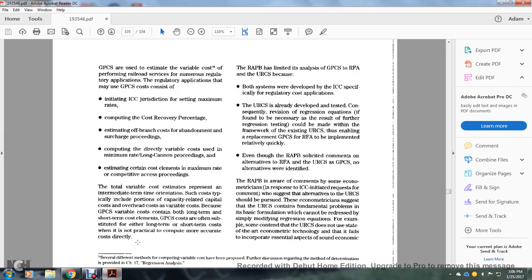The total variable cost represents an intermediate time orientation, including the proportion of the capacity-related capital cost and overhead cost. Because of the general purpose costing system, variable costs contain both long-term and short-term cost elements. The general purpose costing system costs are often substituted for either long-term or short-term cost when practicable, to compute more accurately. The Railroad Accounting Principles Board will be used limited with the general purpose costing system of the RFA,